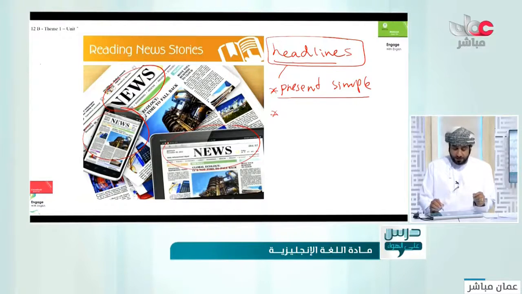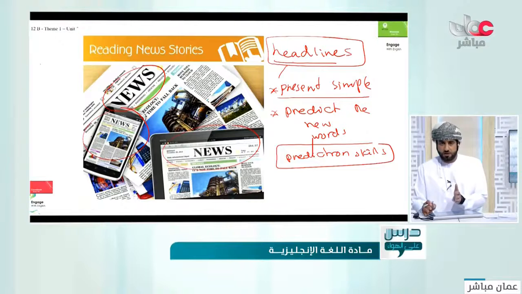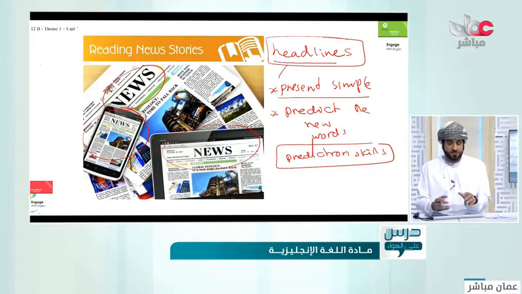One more thing to mention here, it's not only the present simple. We would like you also, when you read the news, to predict the new words. And here we have something called prediction skills, اللي هي مهارة توقع. So how can you predict the word meaning? You are reading the story, you find a difficult word and you skip it the first time, then you continue reading the story, then you find the same word in the second or third line, then you skip it and you find the same word again between the lines there. So here you have to stop and predict that word's meaning, because the repetition of that word means that it's important, and you can't continue understanding the story without understanding the meaning of that word. So you have so many ideas to predict these words. We are going to mention some of these ideas which will help you for sure to predict the word,